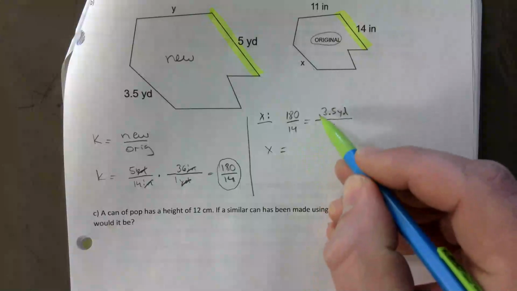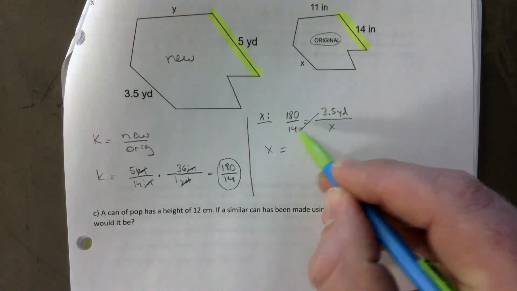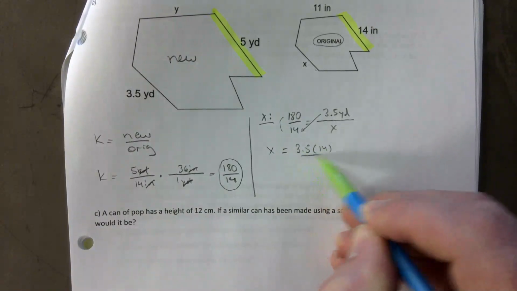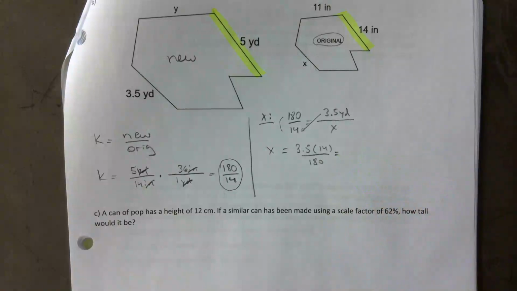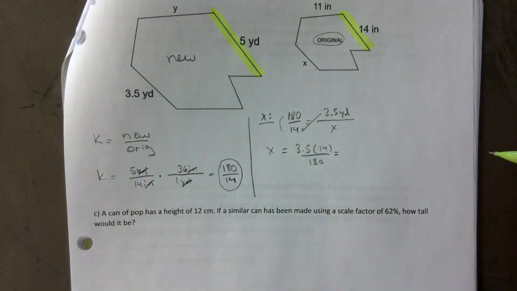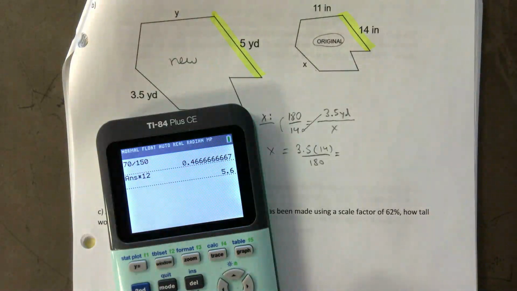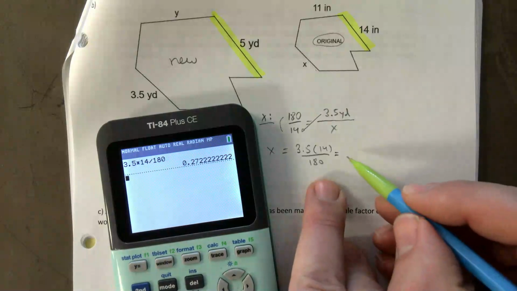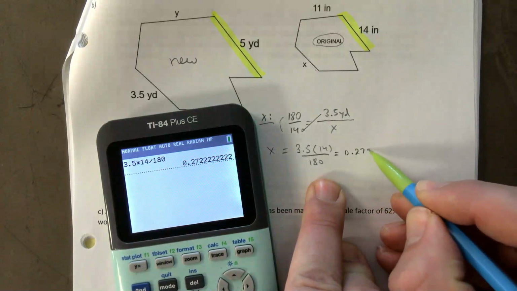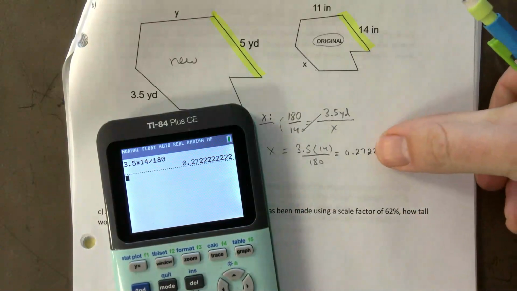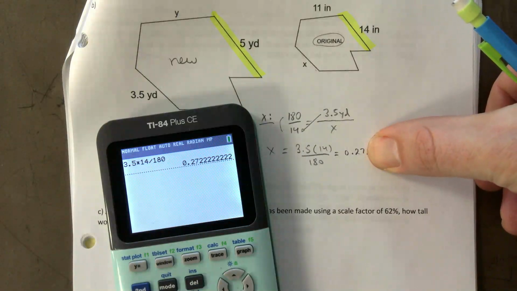So how do you solve this? You cross multiply like this, and you divide like that. So it's 3.5 times 14 divided by 180. And that gives you, you will look at my key later. I'm doing this a little differently here. And that is 0.27 yards, correct? So if you wanted to round this to 2 decimals and just say 0.27 yards, that's technically correct,